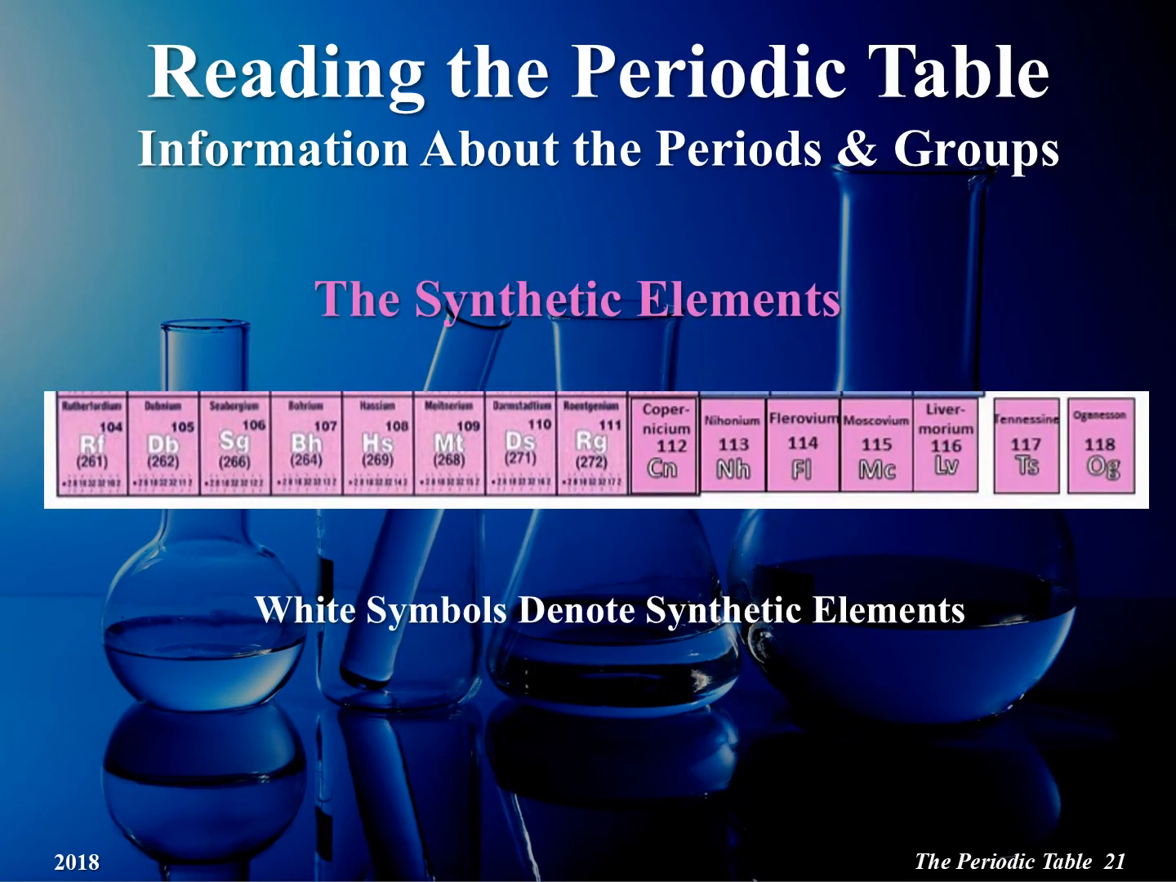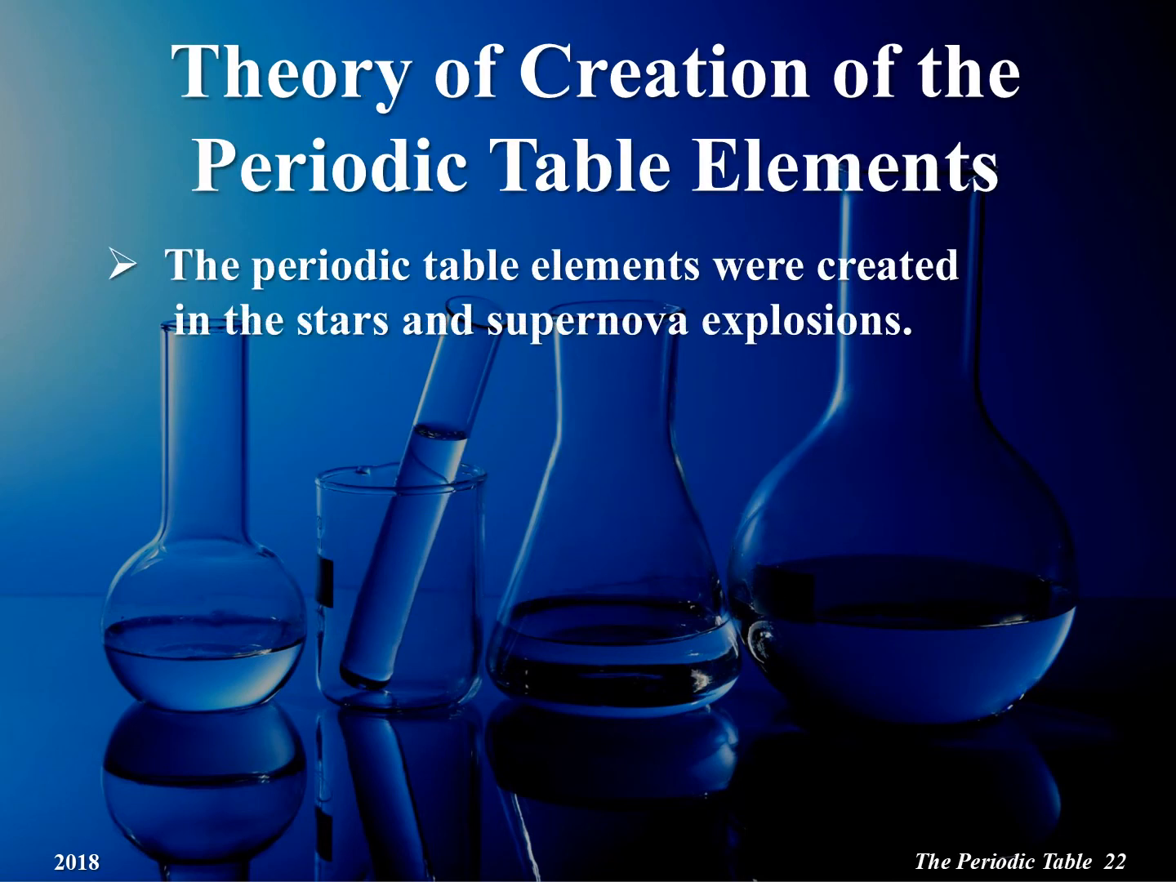Finally, period 7 also includes the synthetic elements from rutherfordium with atomic number 104 to oganesson with atomic number 118. Every few years, scientists create a new element, so it is expected that this part of the periodic table will expand in the future. The current theory is that elements that make up the periodic table were created in the